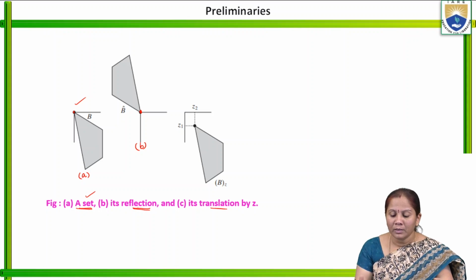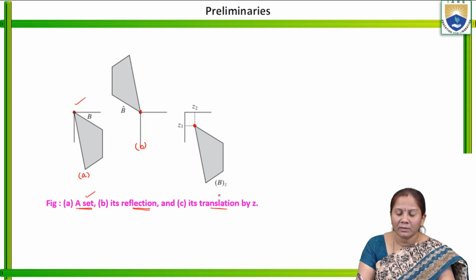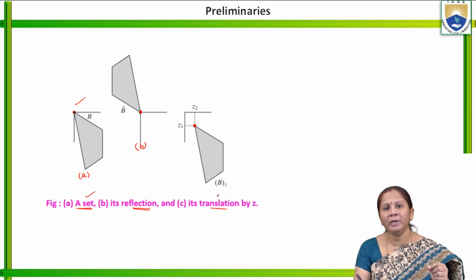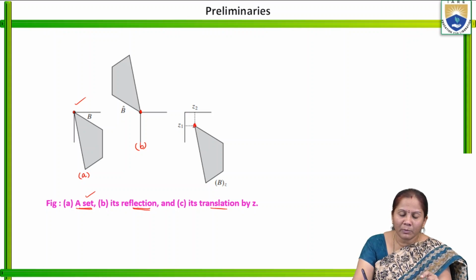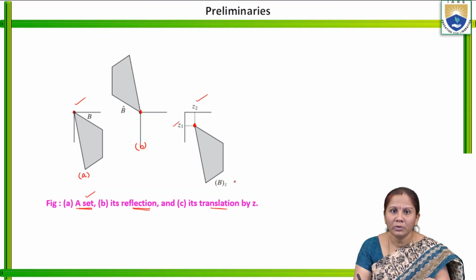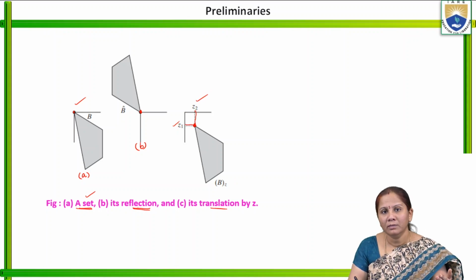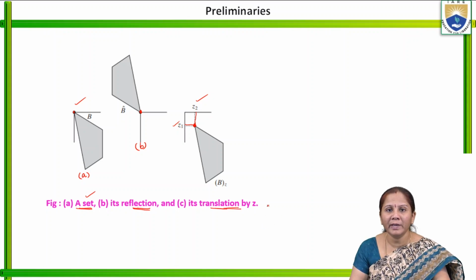So here actually this is the point where the coordinates of the set B, x and y, are available. Here at one particular point, the two coordinates at z are taken as z1 and z2. So this is the axis that is considered, and it is shifted by some distance after applying translation by z.